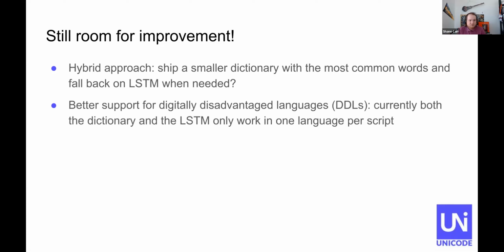I did a lot of work with Burmese and Zawgyi a few years ago, and we were able to make machine learning models that supported all of the languages that are written in that writing system. I'm looking forward to doing the same thing with the segmentation models as well.